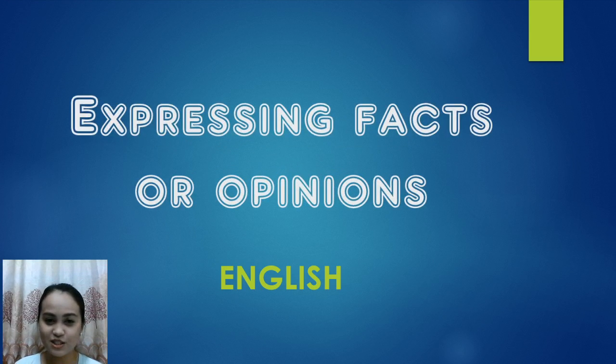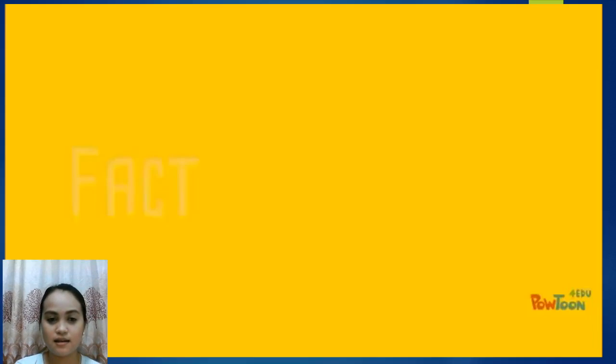And the last sub-skill to be studied now is expressing facts or opinions from informational text. A fact is what all believe to be true, while an opinion is a personal observation of an issue or topic. Even if people think that their opinion is true and worthy, it might not be regarded by others who have a different opinion of their own. Meanwhile, everyone agrees when someone tells a fact.